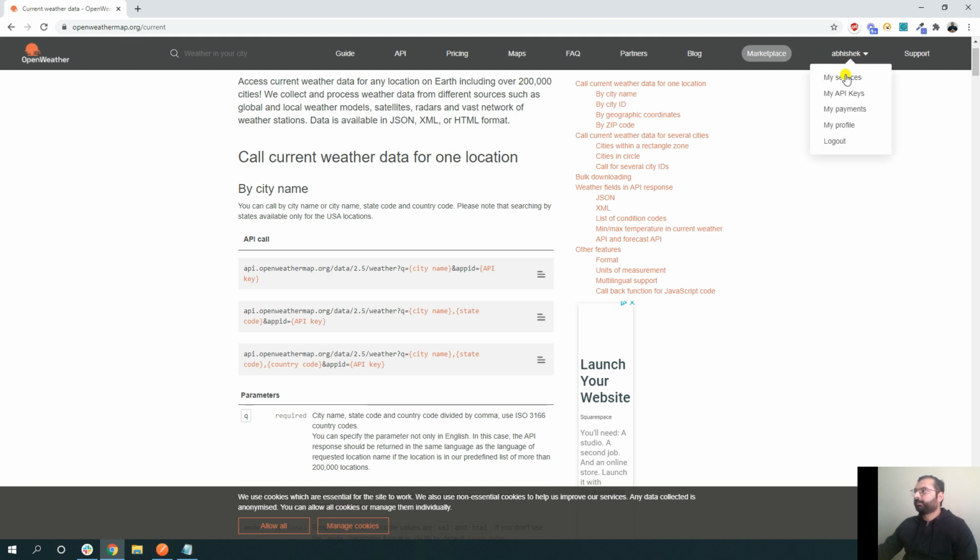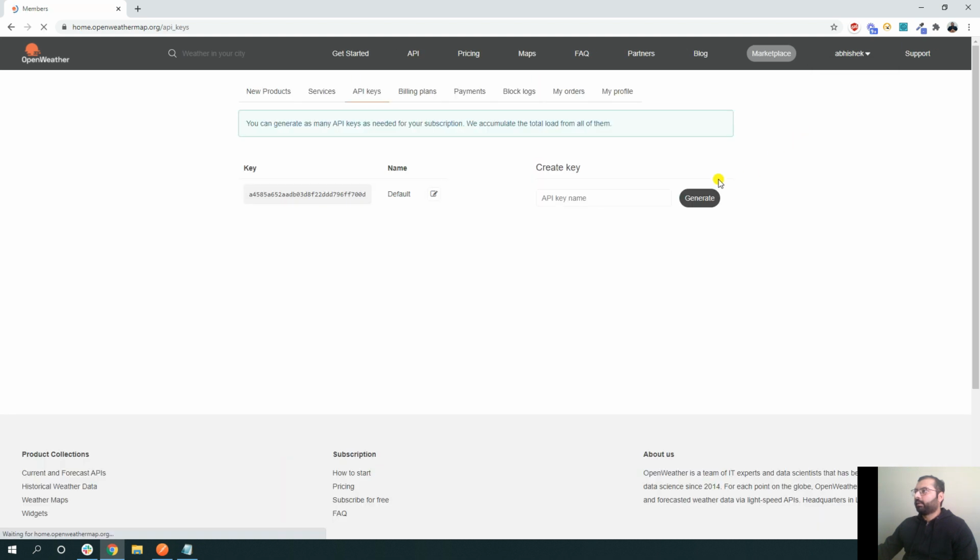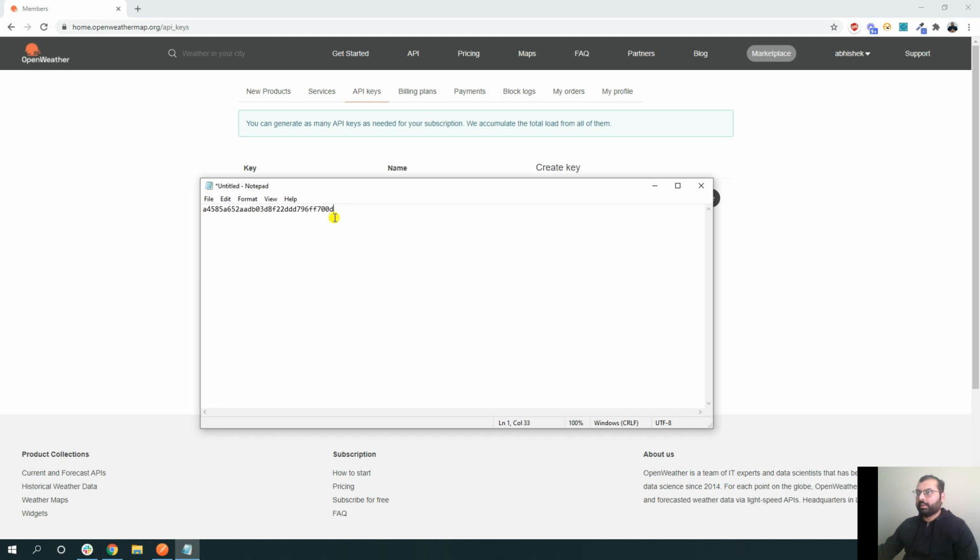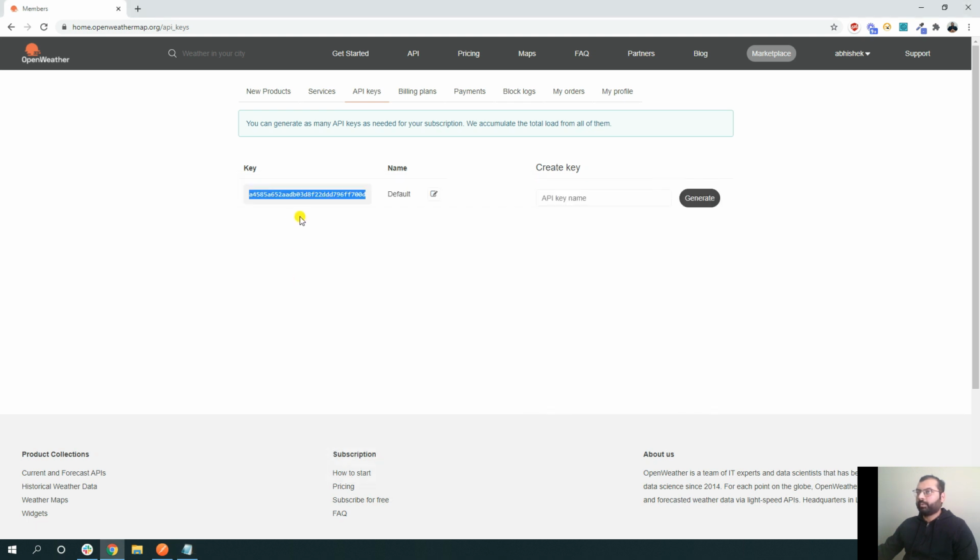If you are a first-time user, make sure you sign up and sign in. Once you sign in, click on your first name and then My API keys, and you will be served with the default API key. This is required to access the weather data. Copy this, and let me put this here because I'm going to need it. Again, go back